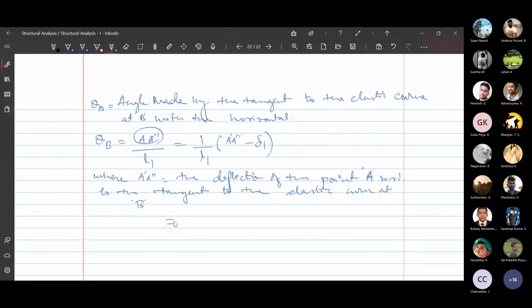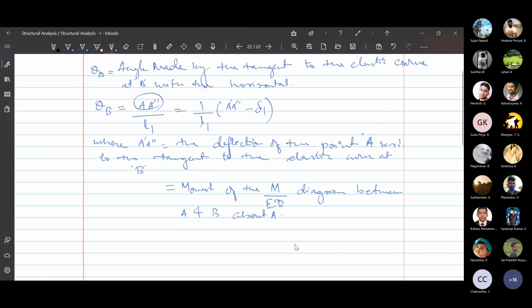It is the moment of the M by EI diagram between A and B about A. Therefore this A dash A double dash can be written as A1 into x1 bar by E1 I1